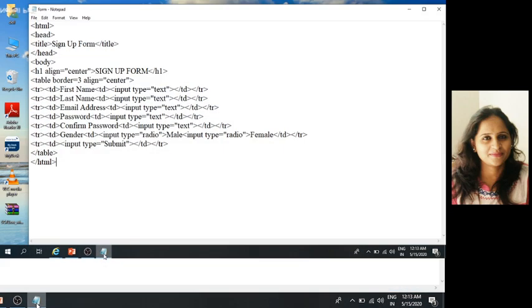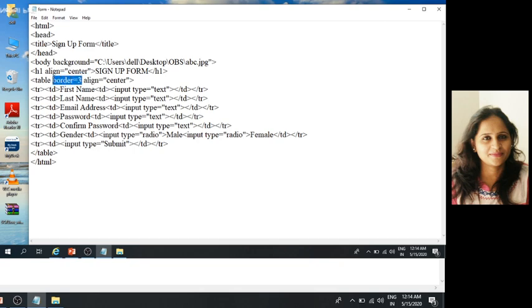What next? We need to add a background, so I will put the background in the body tag. Body background is equal to the file type. Okay, once all the work is done, we need to remove the border so it looks nice.